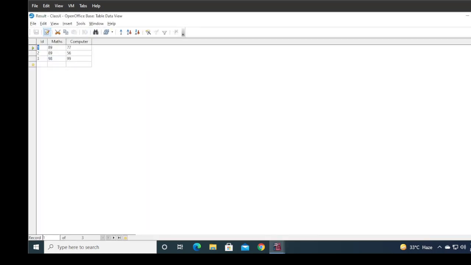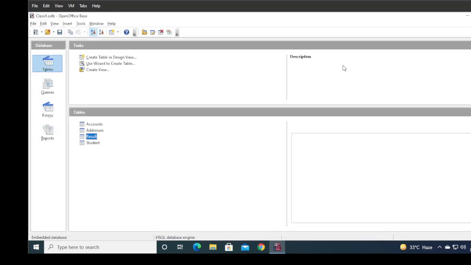Fine. Now for example, I want to put a key on multiple fields. I don't want duplicate value in two field or three field. Then I will create a composite primary key, or you can say composite key.